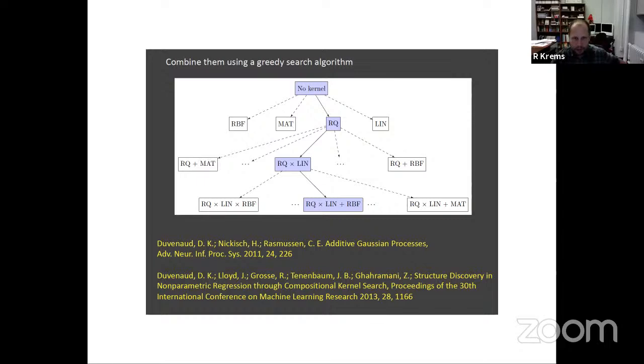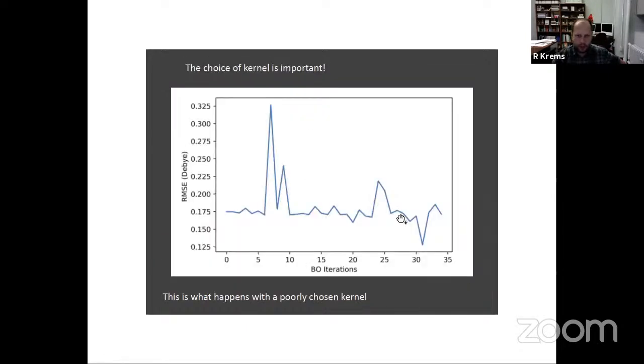Okay, but as I will show you, going just a couple of layers down this tree gives you a huge advantage. So if you allow me, I'll maybe show you a few examples before we break, because I think this is really interesting. So I've already shown you this curve. Yesterday we saw this curve, and so this was optimization with a randomly chosen kernel, which basically shows no pattern of convergence for this number of iterations. Like I told you yesterday, Bayesian optimization is guaranteed to converge. What we don't know generally is how long it would take to converge. Like this shows no pattern of convergence on this scale of the number of iterations.